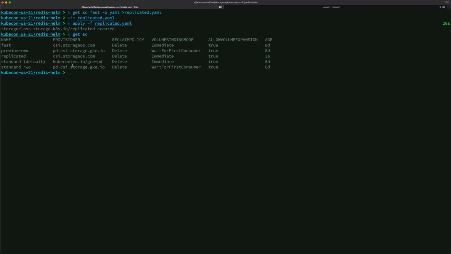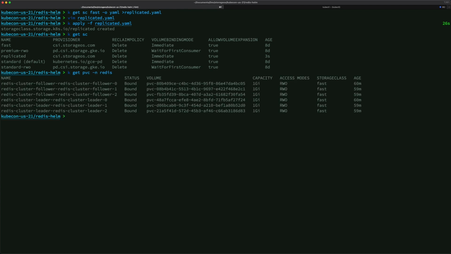Now, unfortunately, you cannot change the storage class of an existing stateful set that has been deployed. So if you want to increase the number of replicas of the volumes that are consumed by the pods that are part of a stateful set, then you have to directly interact with the PVCs themselves. So those PVCs have been provisioned. If I want to change the number of replicas, remember we have 0 replicas for them, then I can just